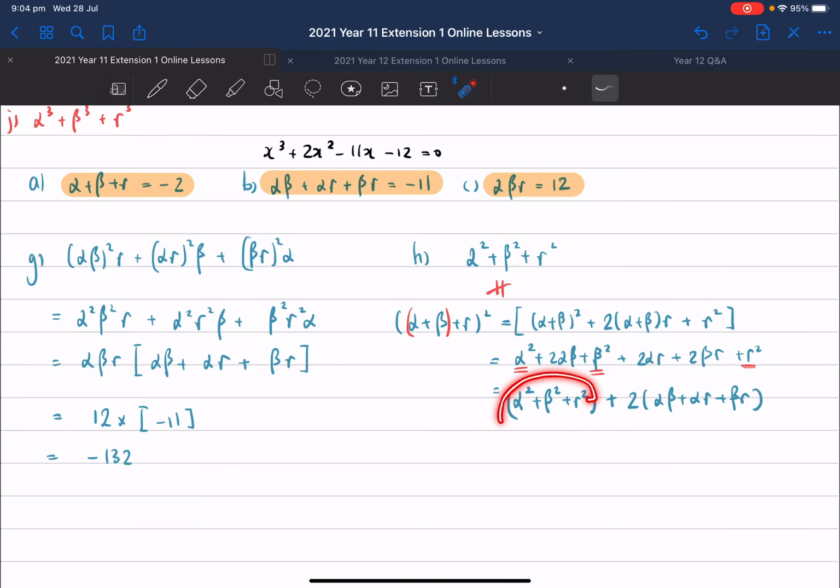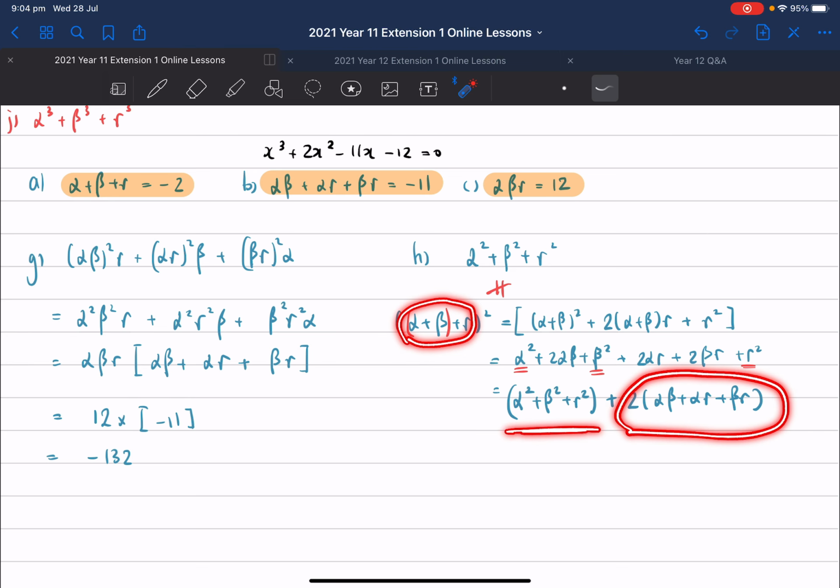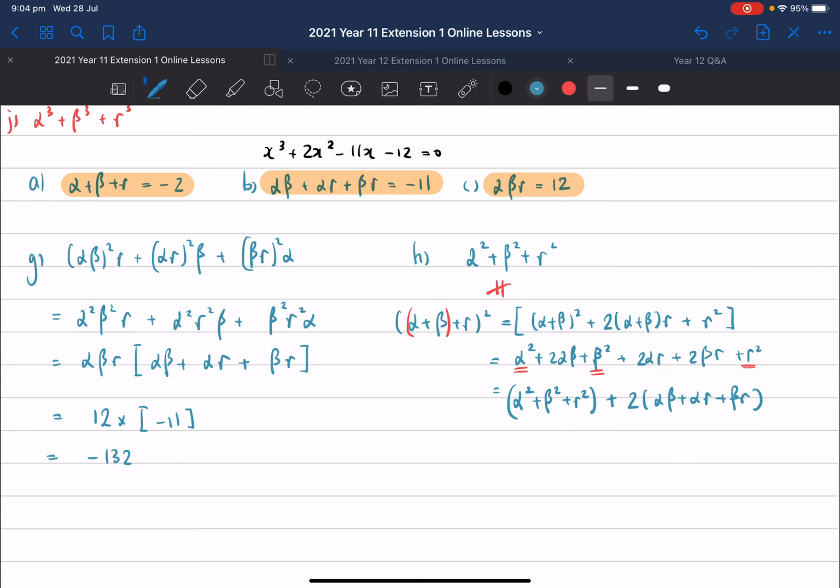Which is just here. And remember, this on the right-hand side is actually equal to the terms on the left-hand side. And please also remember this. We know what this equals, and we also know what that equals to. So all we have to do is substitute the value here and there, and we can get the value here. So the formula itself is alpha squared plus beta,